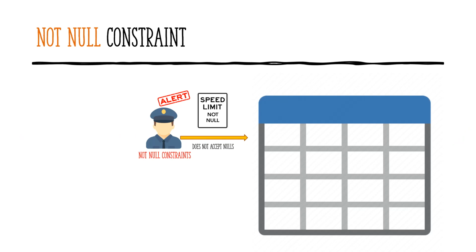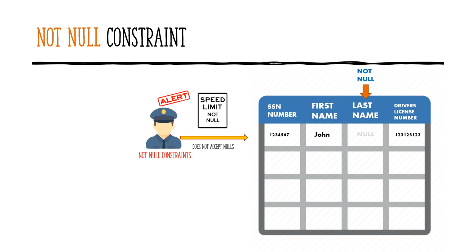So what is not null constraint? What does it do? If you take an example of the same table, and I define the not null constraint on my last name column and try to insert this row, it is not going to execute. Why? Because the not null constraint is not going to accept null values. So if I enter this with the last name with some data in it, it's going to execute,